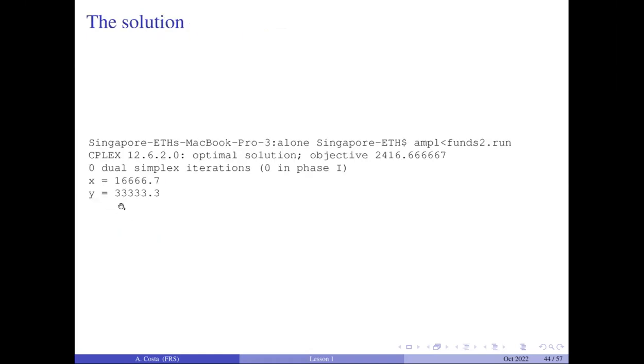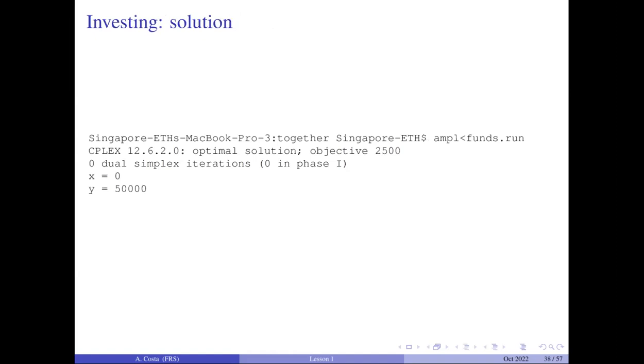You see that now you are putting 33,333.3 on fund Y and the rest on fund X. So again, you are allocating as much as possible to fund Y because this will give you 5% instead of 4.5%, but now you have to put something on fund X as well. There is something that I want to highlight here, and that is the objective function value. You are maximizing the return, remember, and you see that the objective value now is 2416.67 if we want to approximate. But in the previous case, it was 2500.